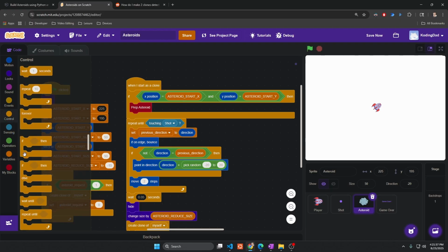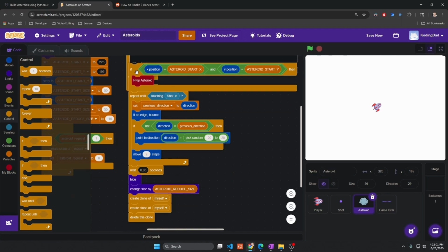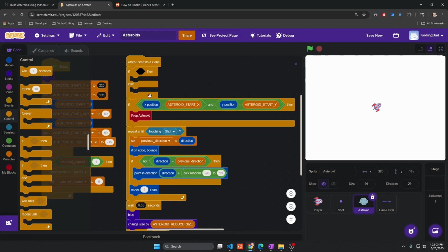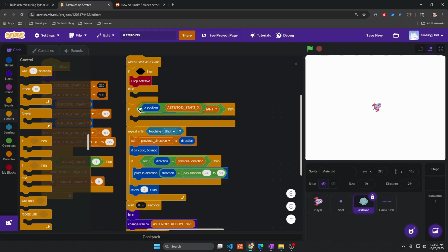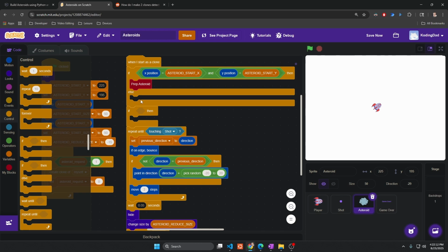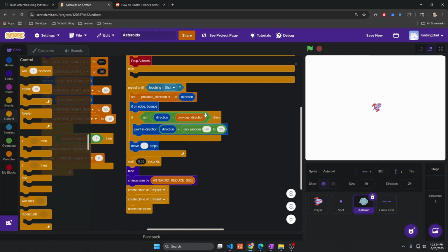Oops. This, and we get rid of this guy. So we do that prep asteroid logic. And then otherwise, what do we need to do to get this thing going? We basically just need to